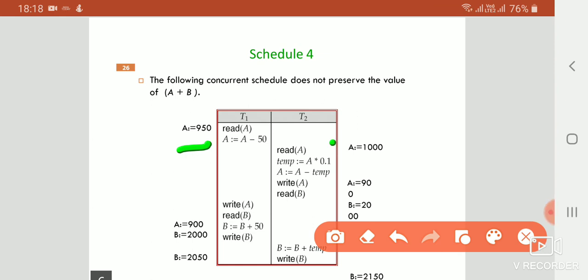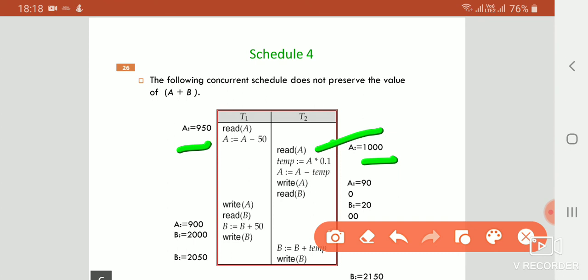Then in the second transaction, if you read A again, it will take the value 1000, not 950, because we did not write in the previous transaction anywhere on the buffer. We are just manipulating on the front screen, and not updating the initial buffer or committing. So it takes 1000 as A.